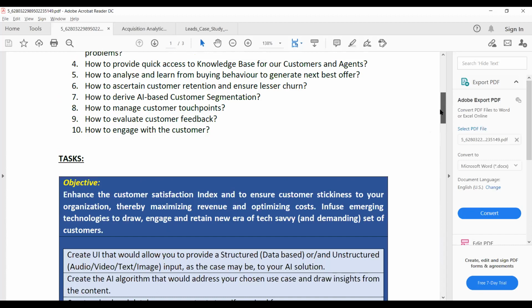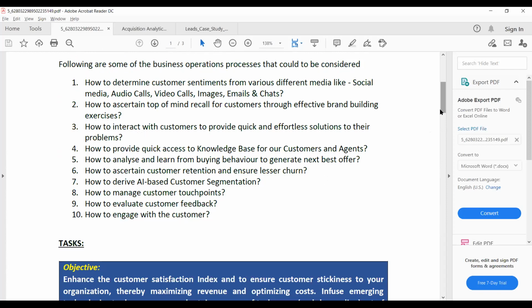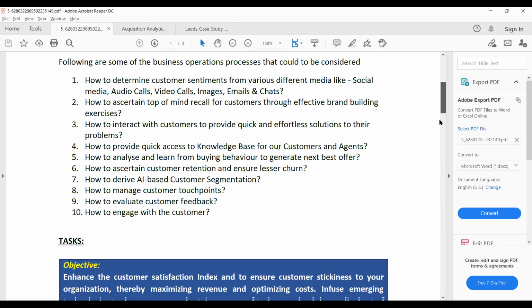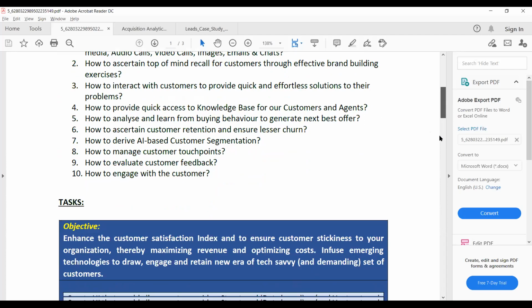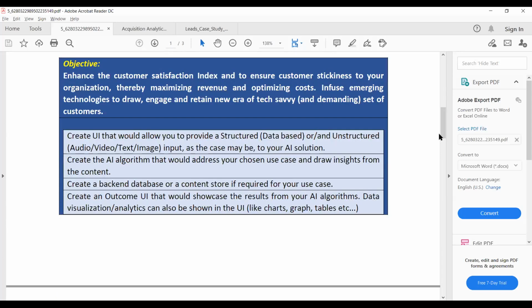You can say, how to create top-of-mind recall for customers through effective brand building, or maybe I will take AI-based customer segmentation, which I will do. Apart from that, I will definitely look into customer retention and ensuring lesser churn. So I will look into that churn case study as well. Okay, so 2-3 case studies I'm going to cover in my entire session, so that out of 14 students, at least